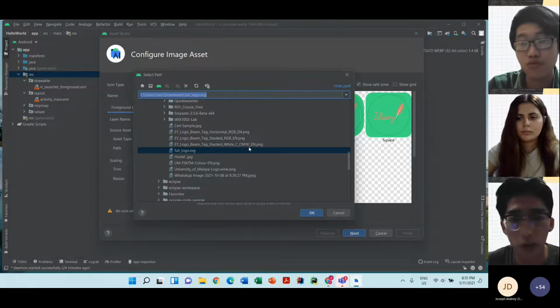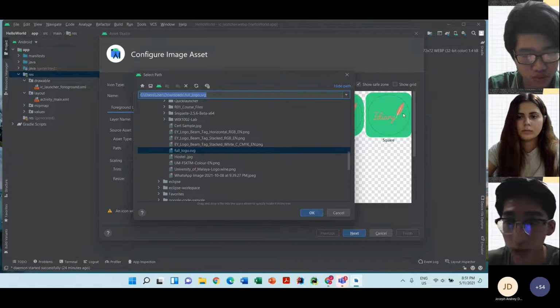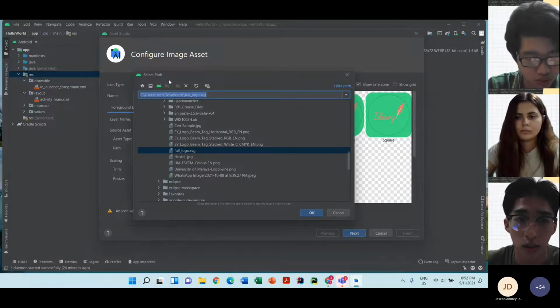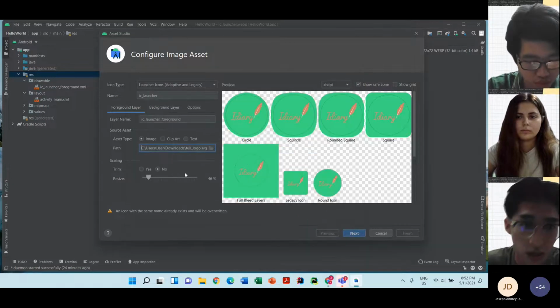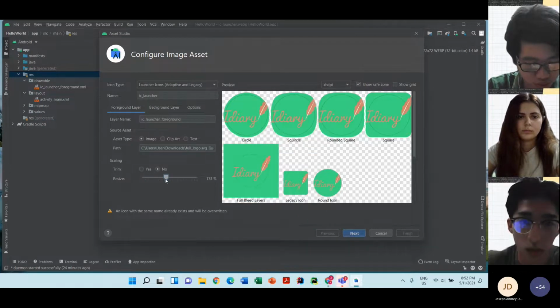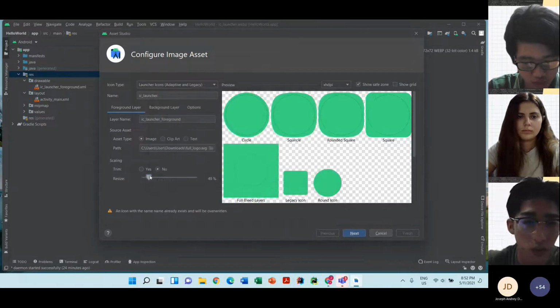Maybe you can find it online, but later in the course we will provide you this icon. Click this, press okay, and you can trim it and resize it, how big you want it to look. For me, I will put 46%.